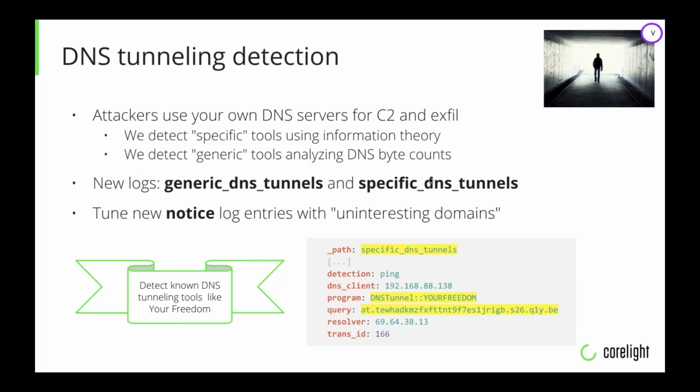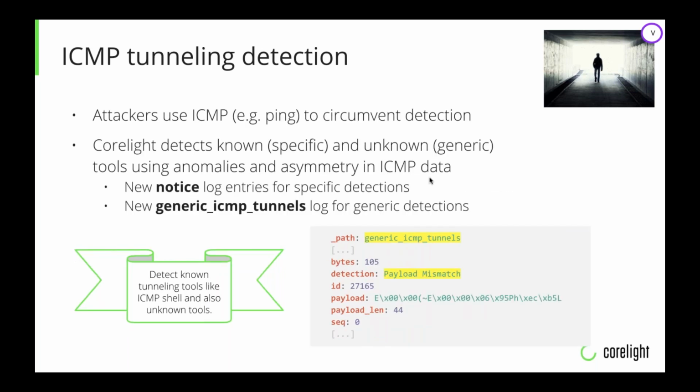It's called Your Freedom. It's a specific DNS tunneling tool. Here's the query. Here's the resolver. Here's all the DNS information. We jump to the next slide. You'll see a similar kind of alert for ICMP. In this case, it's focusing on that generic detection that we talked about. So a payload mismatch saying, I saw,